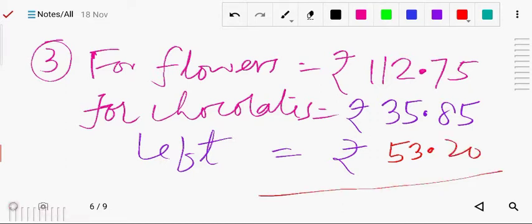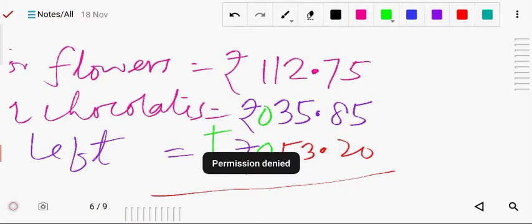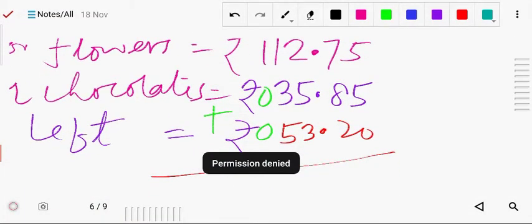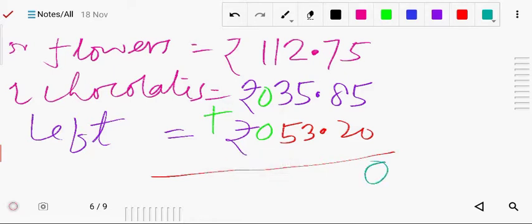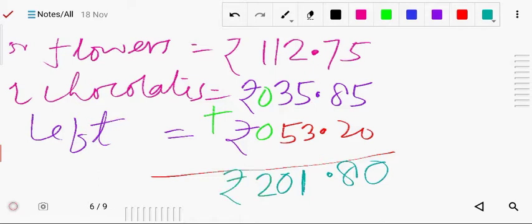Now the total amount we have to find, how much she had earlier, so we will add. Where is the blank? Here at the hundreds place it is blank, so we put an extra 0. Now we can add. 5 plus 5 is 10, carry 1, so here will be 18, carry 1, so here will be 1, 1, 0, 2, and this is your rupees. So your answer is, earlier she had rupees 201.80. So altogether you can add.